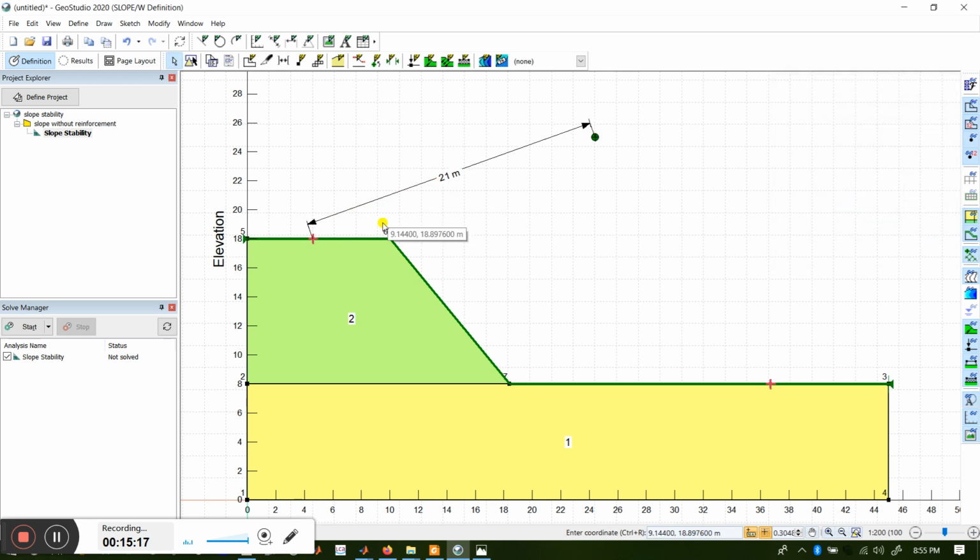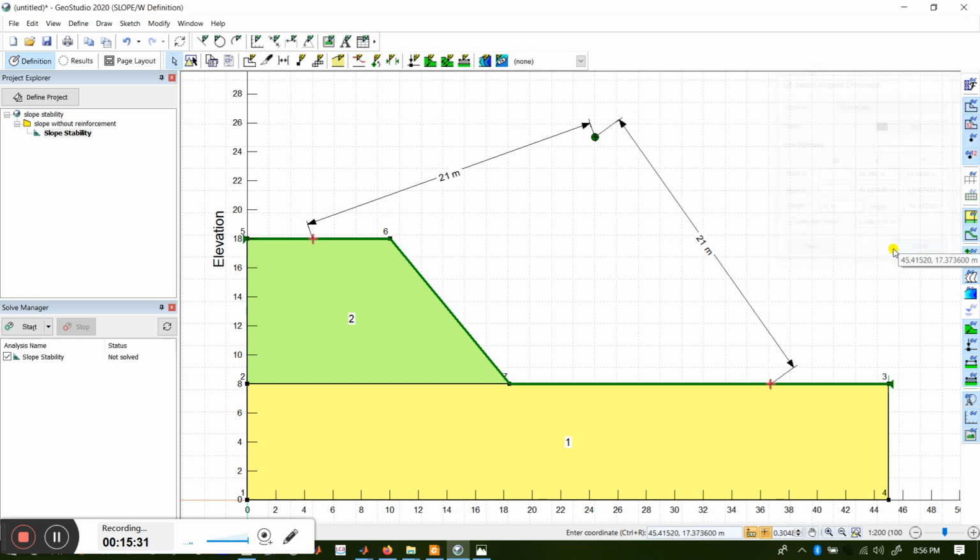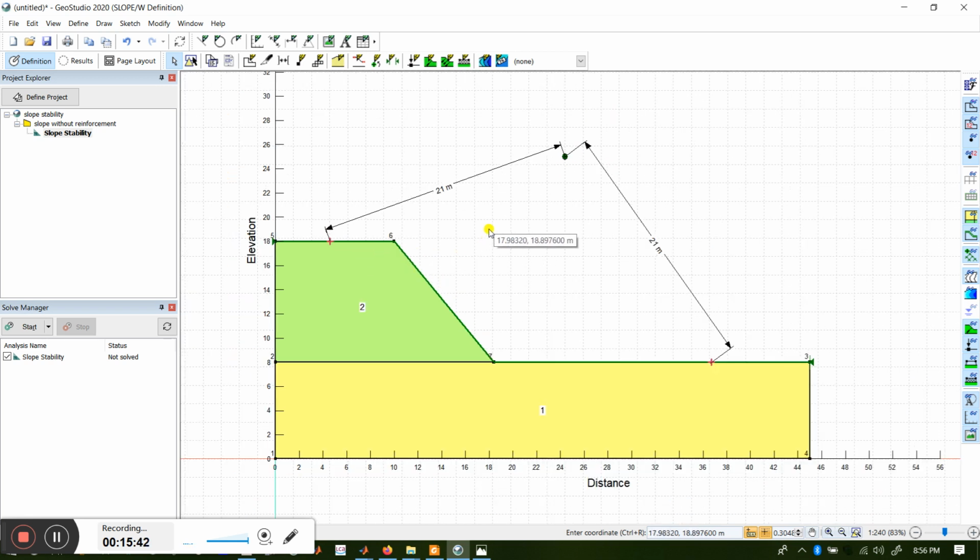You close it and it is 21. Again I'll choose it and draw between these 2 points, and it will show 20.9, and I'll modify it to 21 and close it. So these are your entry and exit points of the failure surface. This is the axis of rotation. So everything is done.